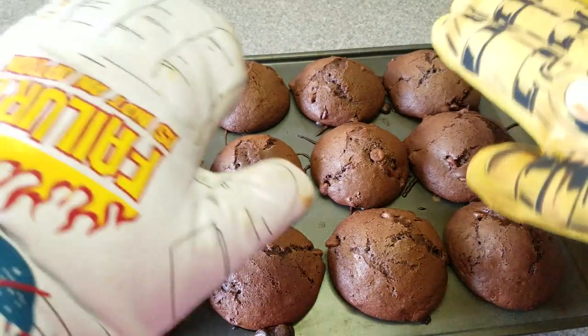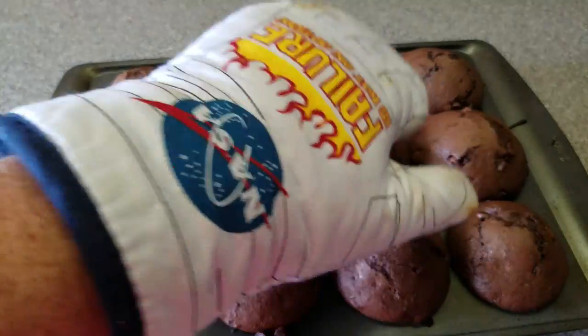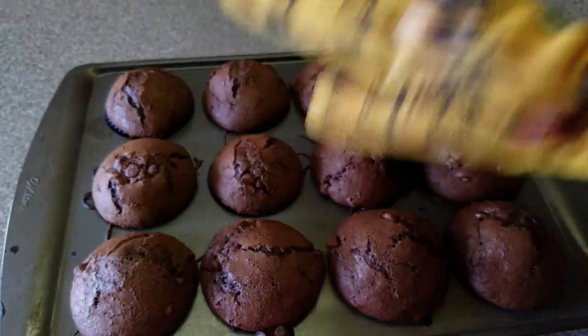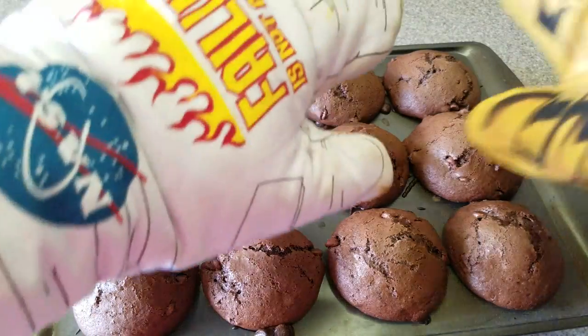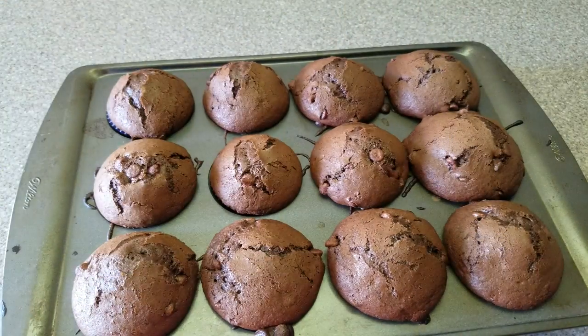Thanks to the guys at Loot Crate for putting that out. This one's theirs. This one was the one my parents picked up at NASA. This one was theirs, and I really like this oven mitt. It's a lot of fun, and it does go against the opposite hand. So now I have two gloved oven mitts, and it's fantastic. Anyway,